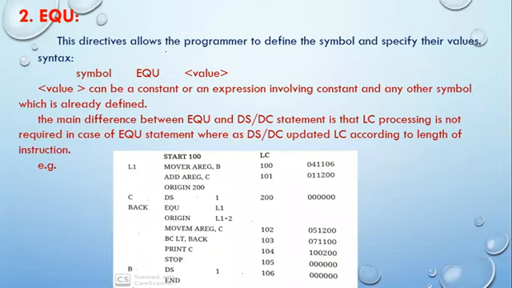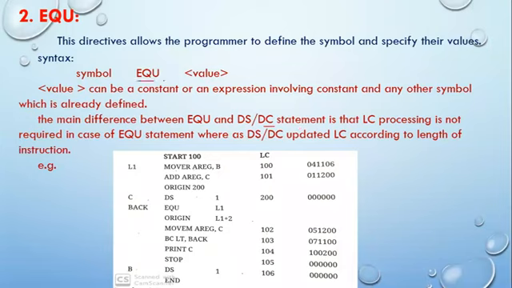Now the next thing we consider here is EQU. EQU in the sense of equality. We can use two kinds of statements to declare variables, that is, a declarative statement. This advanced assembler directive is also called a declarative directive or declarative statement. We declare a particular symbol, and for that purpose we can use DS and DC. DS is nothing but declare storage, and DC can be used to declare a constant. But when we use DS and DC, we require LC processing.